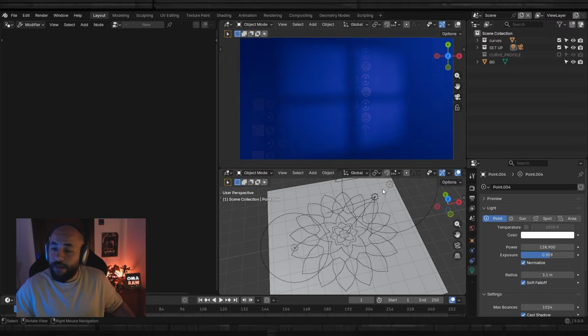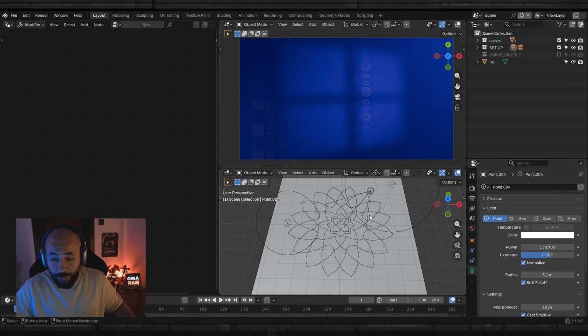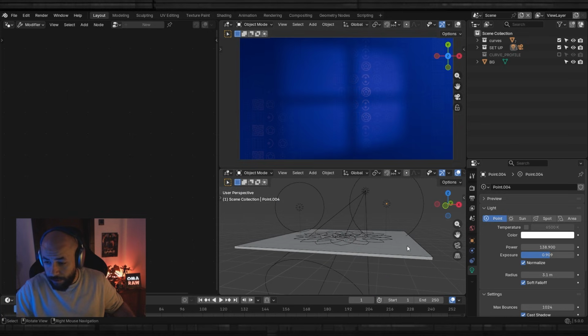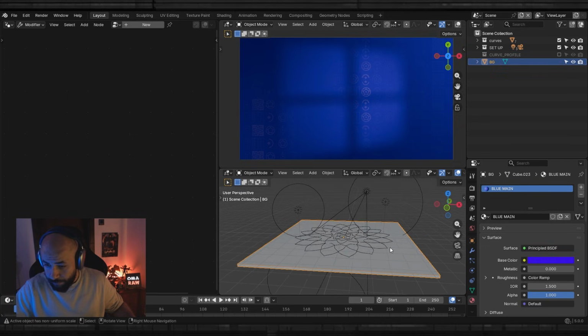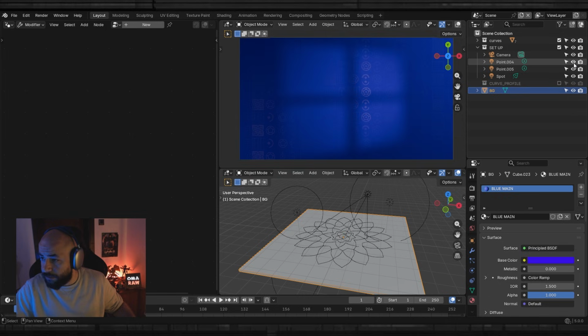And okay, now it's step 2. We need to just do some gold outlines for our shapes. So I just throw on some plane or just some box with a simple blue material on it, and throw some simple light, like two point lights, one spotlight with a gobo on it. And yeah, for the material